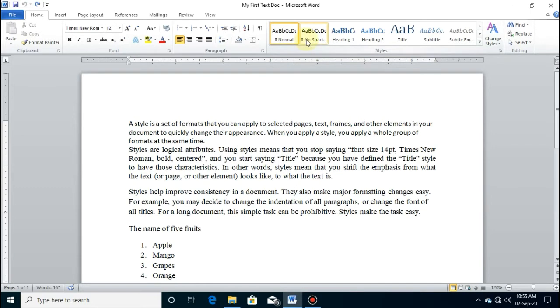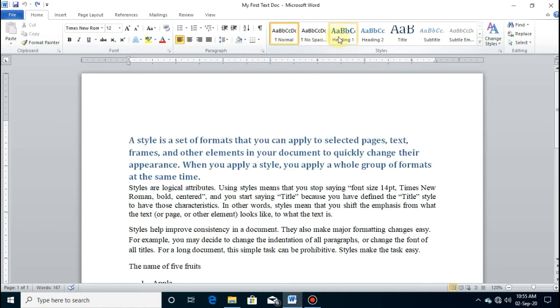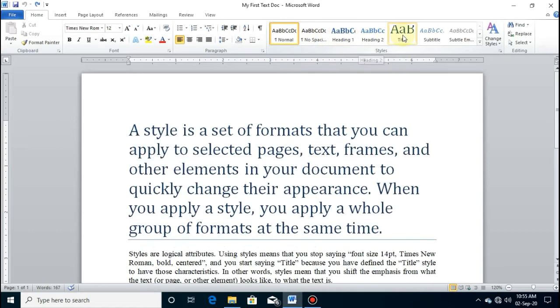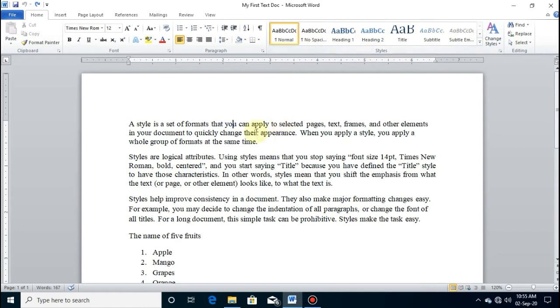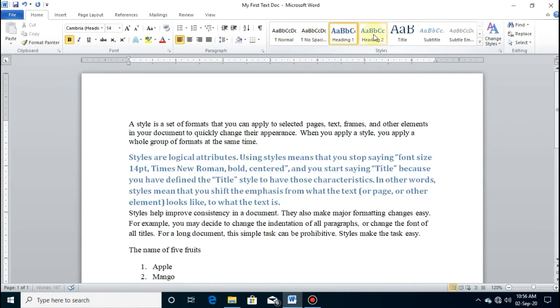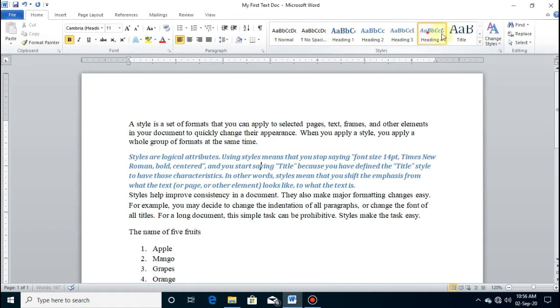See, as I am moving the cursor on different styles, the changes appear in the paragraph where the cursor is blinking. If I bring the cursor in second paragraph, then the changes will be in second paragraph only.